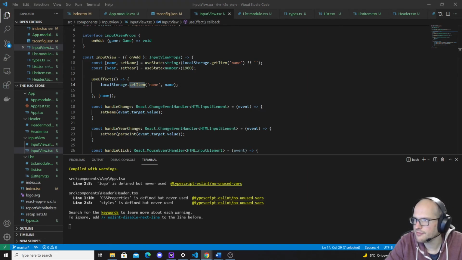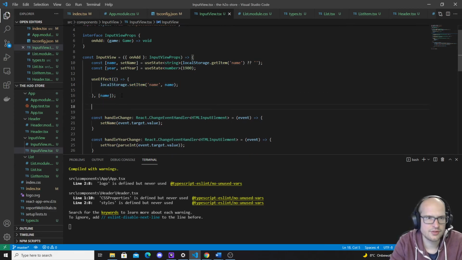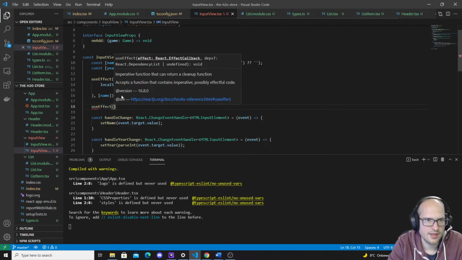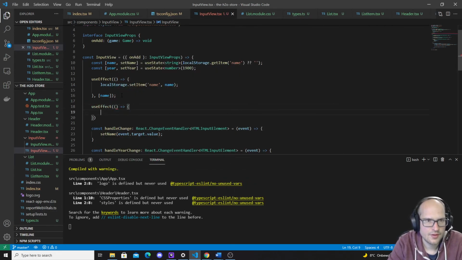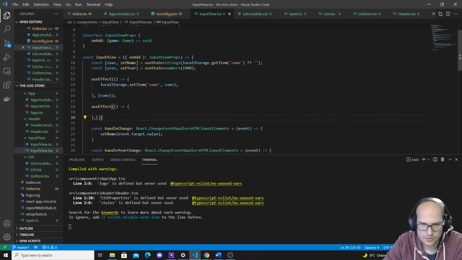So now it's saved. And there are different ways of using this effect. This is actually using the dependency. There's also a way of just triggering something when the component is mounted, which we do with the empty dependencies. So you can run code,